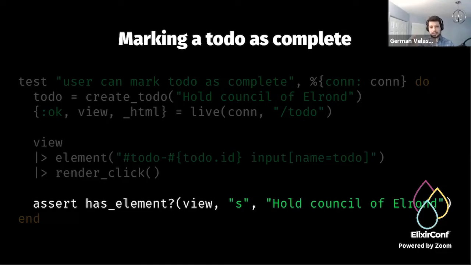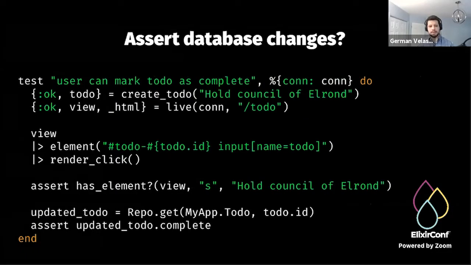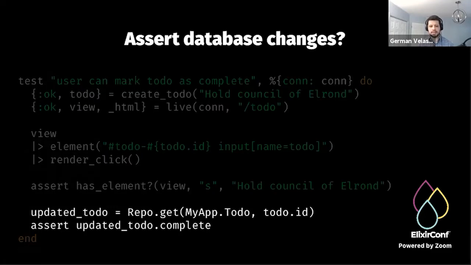We expect that to-do, so that text, to be scratched out. And that's what we're doing here. And this test works fine. But sometimes what I've seen is people might want to do this. They might want to assert that this action that we performed goes all the way to the database, right? That they get the to-do from the repo to get an updated version of it and check that it's been